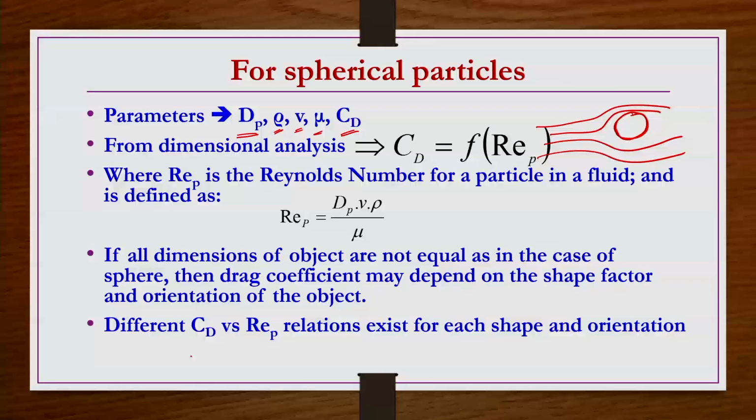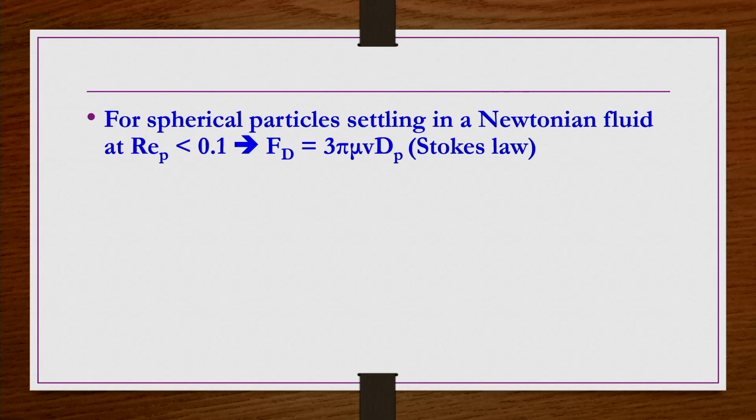So, different CD versus REP relations exist for each shape and orientation of a particle. Only for the spherical particle is there just one CD versus REP relation, whereas for other objects, cylinders, cubes, etc., depending on the orientation, you get different CD versus REP relations. For spherical particles settling in a Newtonian fluid at very small Reynolds number, less than 0.1, the drag force is evaluated as 3 pi mu v dP,